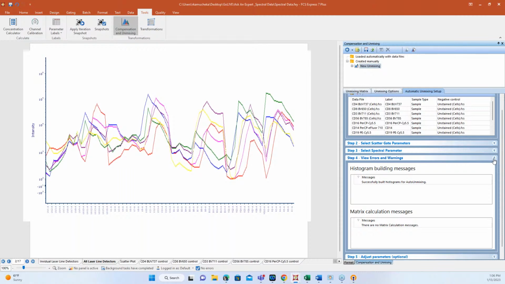Yeah, and one of the messages that often comes up in this window, as we're speaking about errors, is sometimes you can have a message that something is showing up in the same channel, right? So you'll get a message that this and this are showing up in the same place, so that the peak channel is being chosen as the same for them.